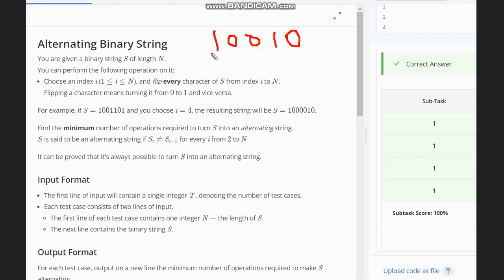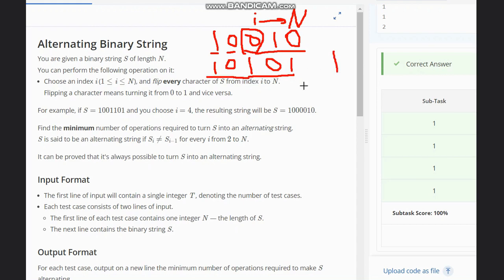Now if I check, this part is alternating, this one is not alternating, so I need to choose any index I. Suppose I am choosing this, so from this to n I need to flip every character, so it will be 1 0 1. So I have flipped all of these and hence the string has become alternating.